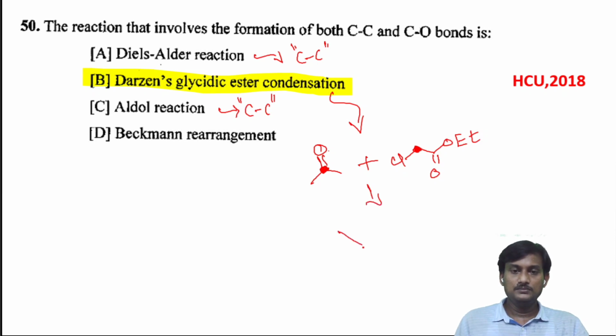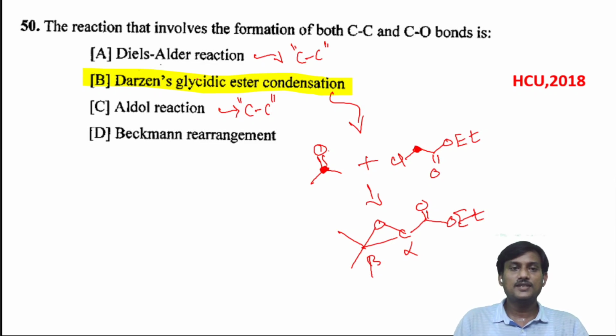Finally, you will get this, this is the oxygen. Here there is a C-C bond formation. Here also C-O bond formation, and finally we will get the C double bond OH. This one is an alpha beta epoxy ester. This alpha beta epoxy ester is called a glycidic ester. In Darzens reaction, we will get glycidic ester, and in this reaction, there is a formation of C-C and C-O